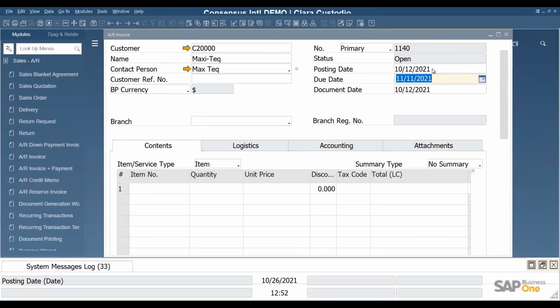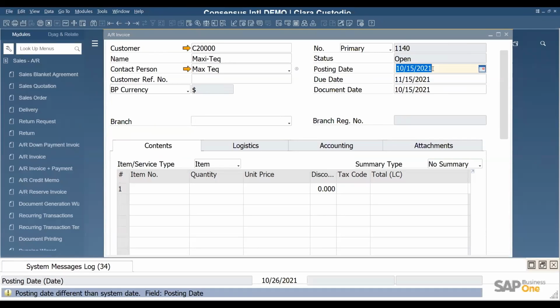Interestingly enough, SAP will complete your date if you are wanting to use a day of the current month and current year, but a different day than today. So remember that I'm recording this on October 26th, so I'm going to pretend that I need to use the date of October 15th, 2021. I only need to input the day, 15, because then the system, when I click on tab, will fill out the rest. The same goes for different day, different month, same year.